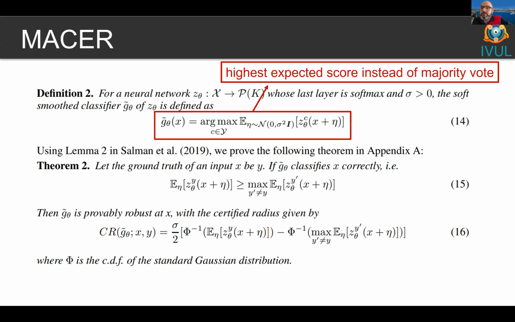And the extension to this is that instead of looking at G as just a majority vote smooth classifier, it's a highest expected score classifier instead. So instead of argmax probability, you have an argmax expectation. And that makes certain things simple, to make it differentiable when you add it to the loss function in training. So basically, you take the